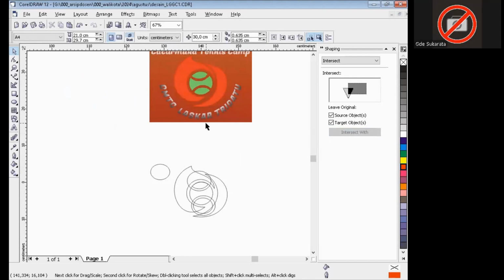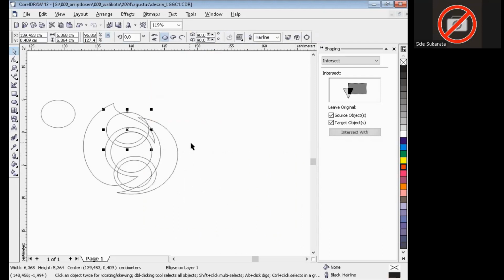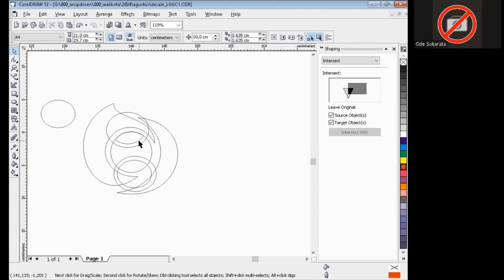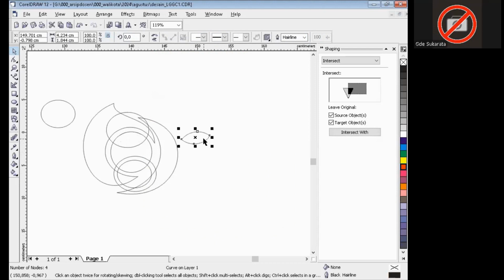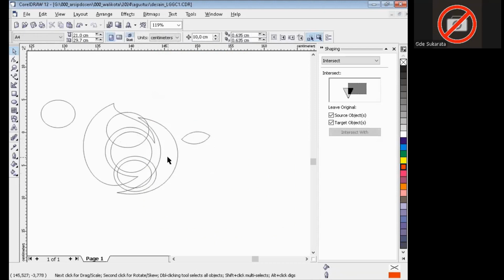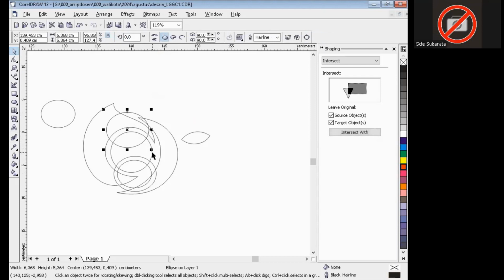Okay, if you want to see, I want to change to 10 centimeters. Okay, and you will see the result with tick. Yeah, okay, it's the result. Now I want to trim, yeah, trim this, use this object and the circle,